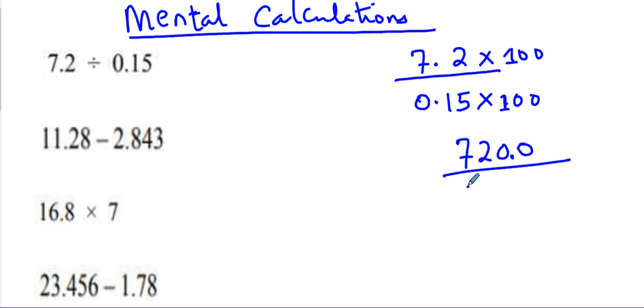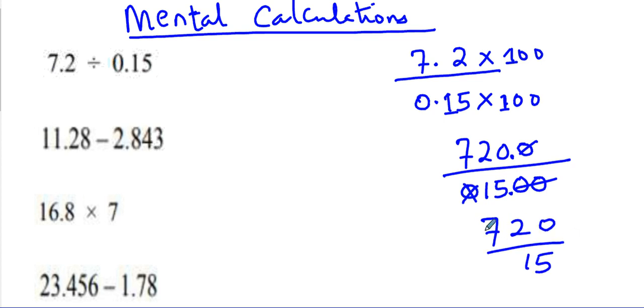Ignore the decimal point and write the 100 as 2 zeros. We have two decimal places, so count two numbers from the right. Then you can cancel the zeros, and that becomes 720 divided by